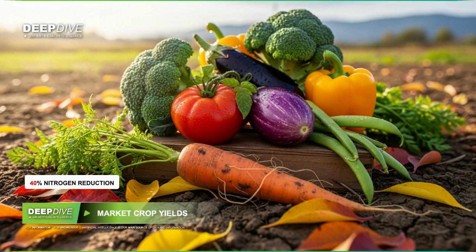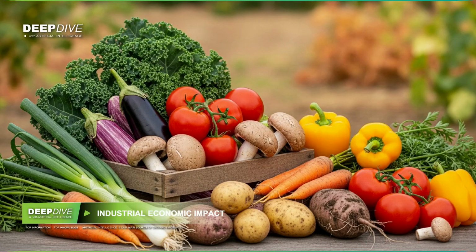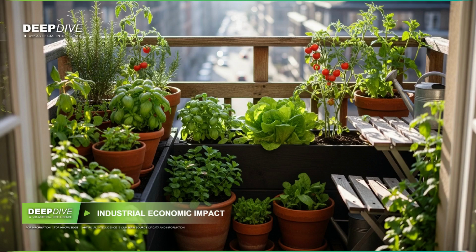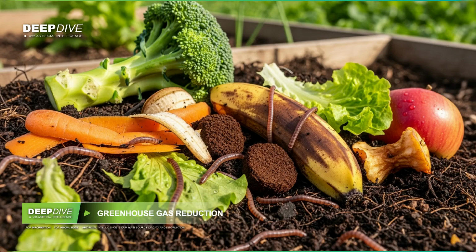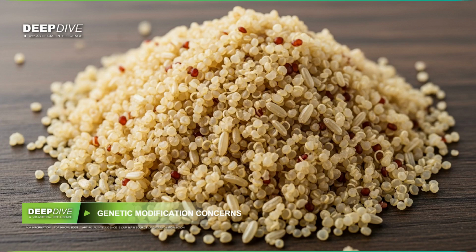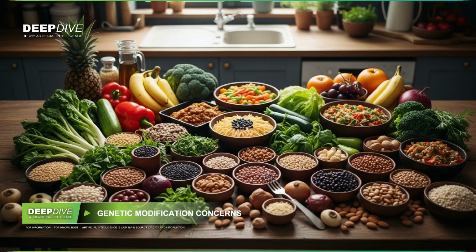For instance, the symbiotic relationship between nitrogen-fixing bacteria and leguminous plants, known as the rhizobium nodule association, began to be studied in the 19th century. By the 21st century, studies have demonstrated that this relationship can reduce nitrogen fertilizer use by up to 40%, resulting in significant savings for agriculture.